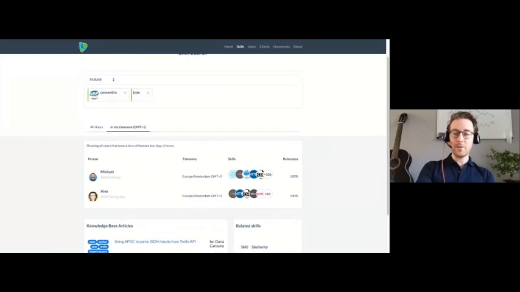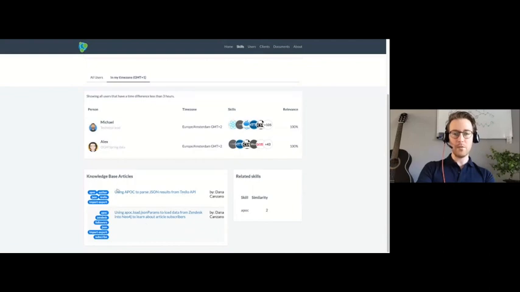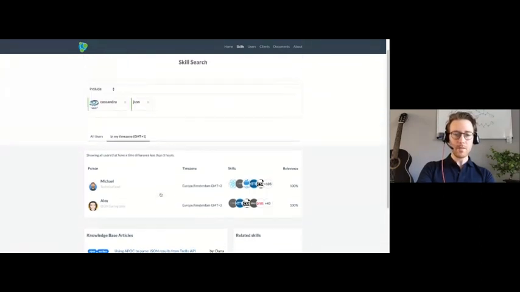A really nice feature is that we integrated with the community website as well. So if you are looking for a skill set, you will also find related articles that you can click on. As I said, I wanted to load some JSON on Cassandra, so this article might be useful.